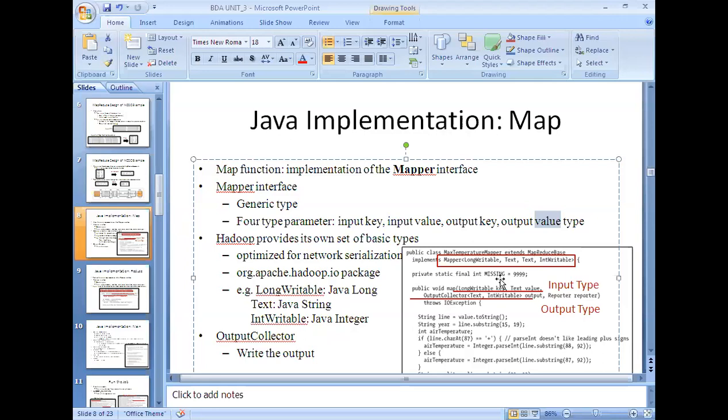Here: public void map, LongWritable key, Text value, and OutputCollector. OutputCollector is the interface to which we can emit the outputs. OutputCollector simply will collect the outputs, so the formats of those are Text, IntWritable,